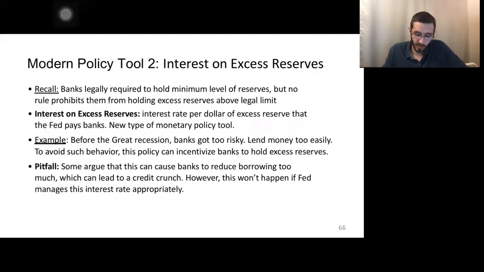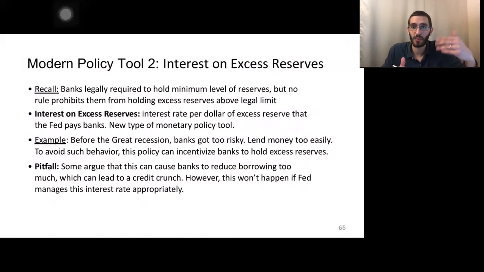Okay, the second type of monetary policy that's very, very important is going to be the interest on excess reserves. Okay, so another thing that came up during 2007 is that one, it was hard to expand the economy when interest rates are very low, the federal funds rate. That's the zero lower bound problem. And two,